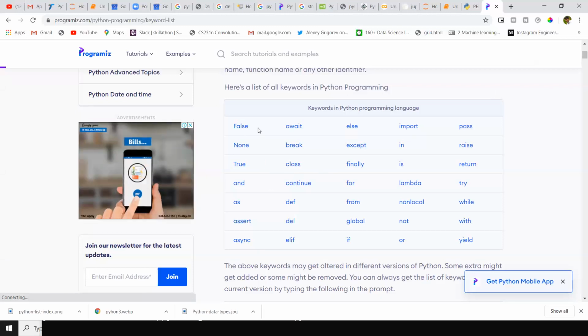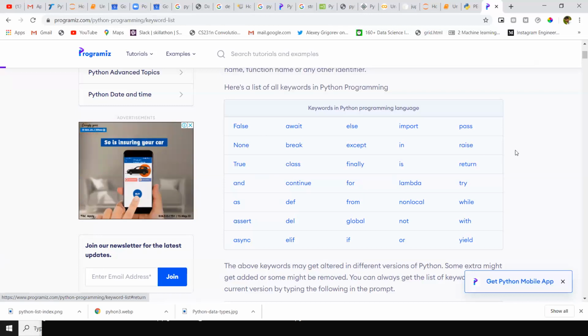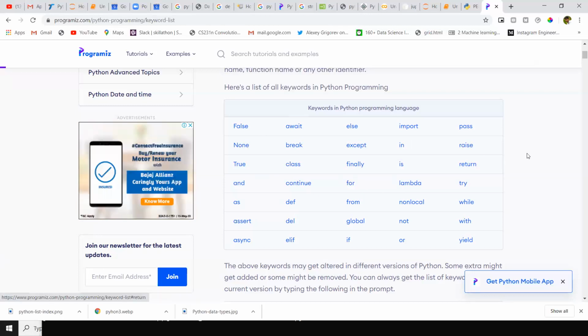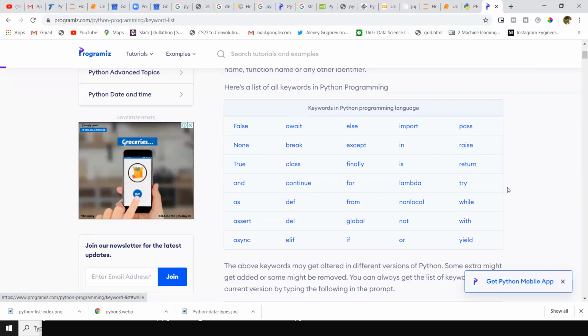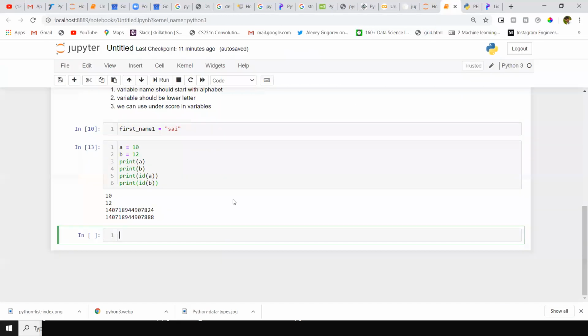False is a boolean type. We will discuss this in the future. If you want to know more about these keywords, just Google Python keywords list and you will get it. That's all about keywords.